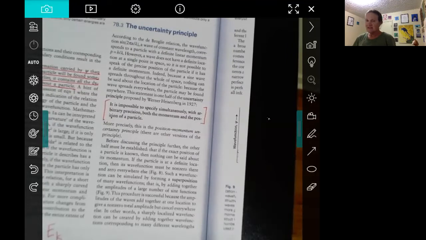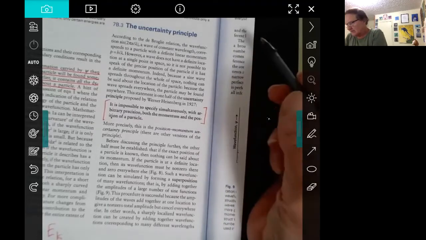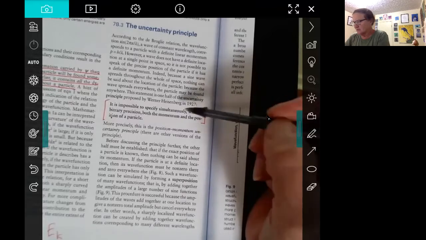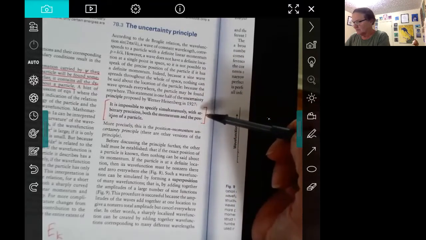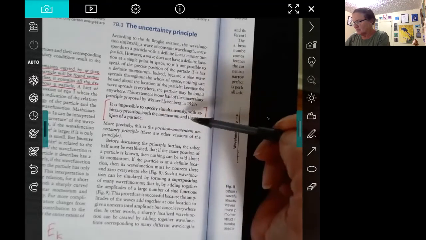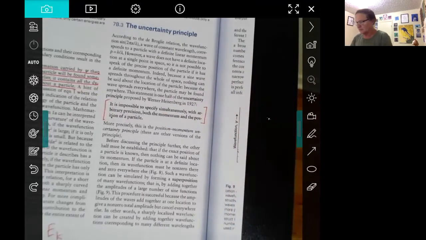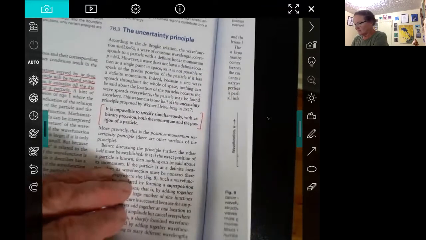Essentially, because of that wave nature of a particle, you've lost some information. Heisenberg's uncertainty principle says it's impossible to specify simultaneously with arbitrary precision both the momentum and the position of a particle. If you put that into an equation, it's here on this page,